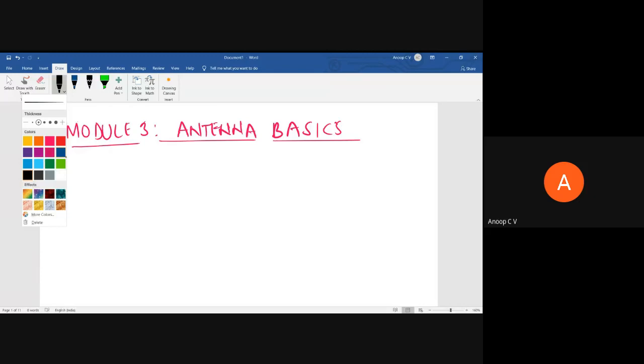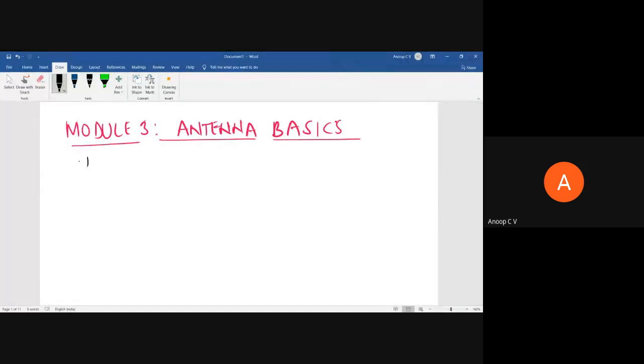Yesterday, initially we started with the definition of antennas. We defined antenna. Then we saw how to choose an antenna. While choosing an antenna for a particular application, what are the aspects to be considered? We saw there are mechanical, electrical, as well as structural aspects. Almost all of the electrical aspects are what we are going to study in this particular module, like radiation pattern, half power beam width, beam area, bandwidth, beam width. That is what we'll be studying here.